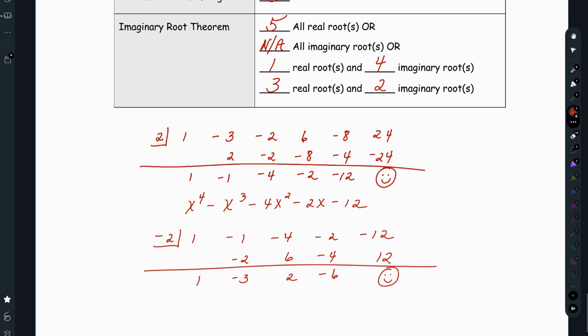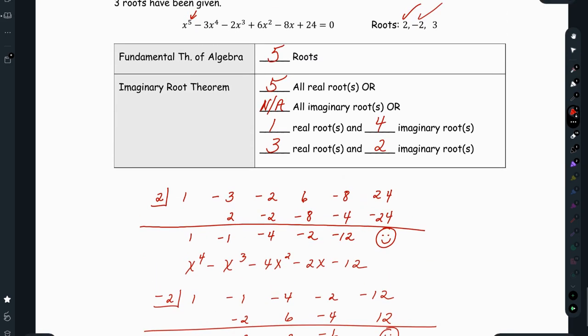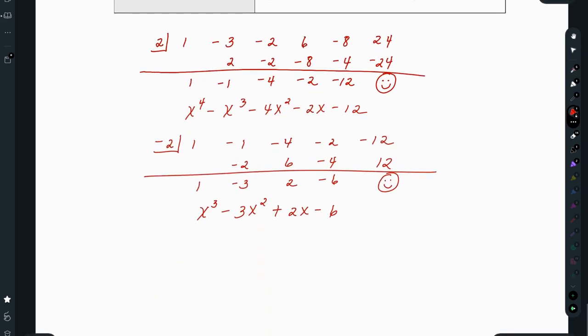We know we did it right because we got 0 as a remainder. We started at the 4th power. We're reducing it now to a cubic polynomial. I'm going to use my last root, which was 3, put it in the box, use the coefficients of my cubic polynomial,